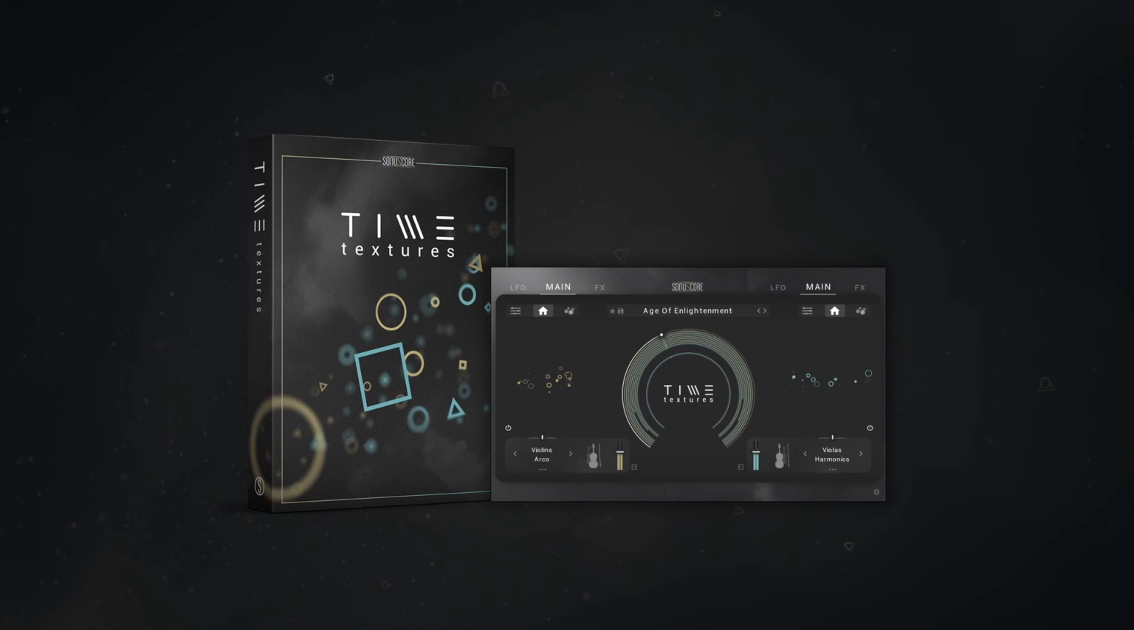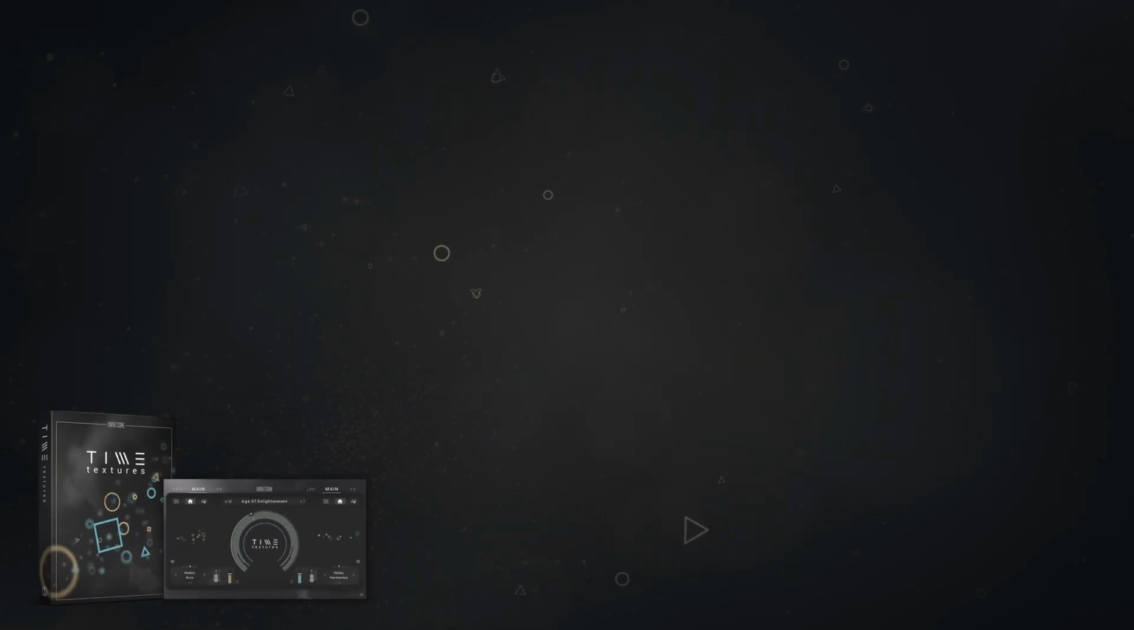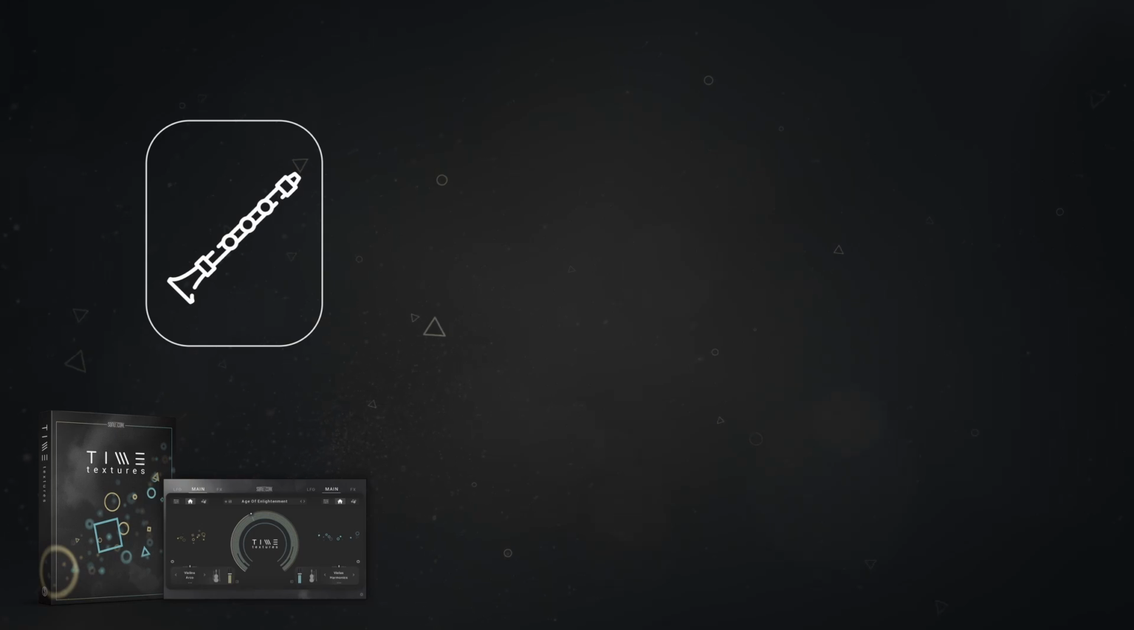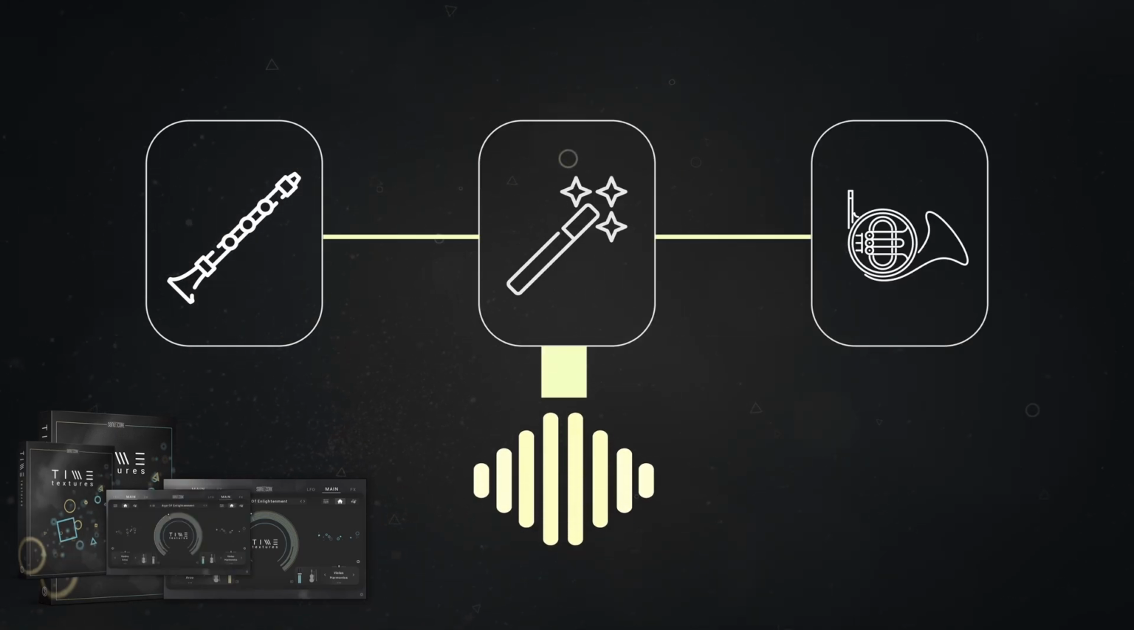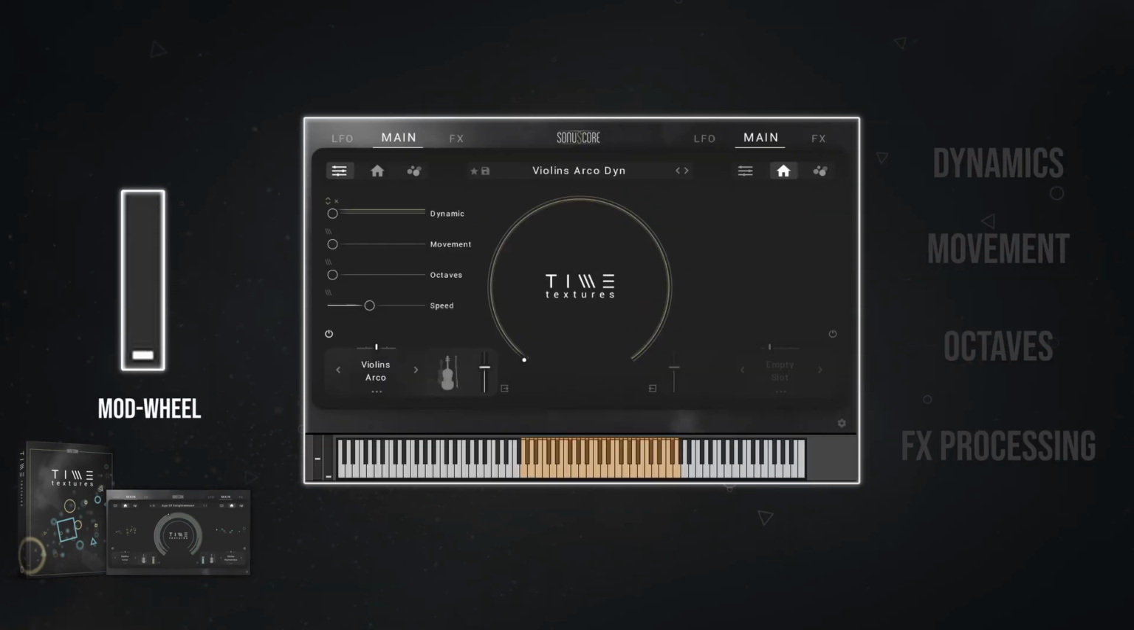With Time Textures, Sonuscore tries to capture the expressiveness of orchestral instruments like violins or clarinets and combines it with other orchestral instruments and effects processing to create evolving atmospheric soundscapes. This evolution can happen through dynamic layers,